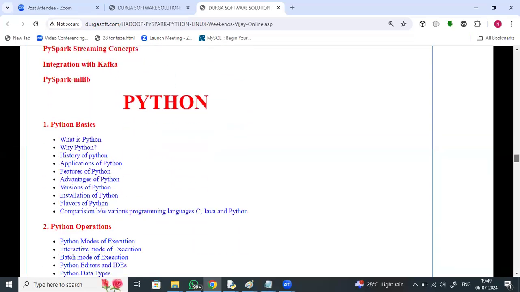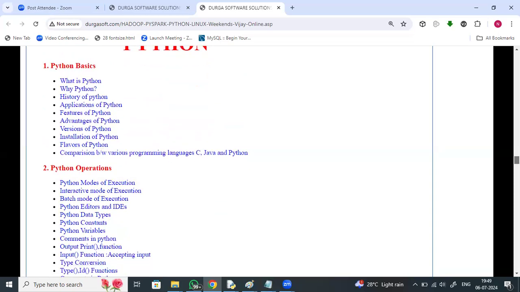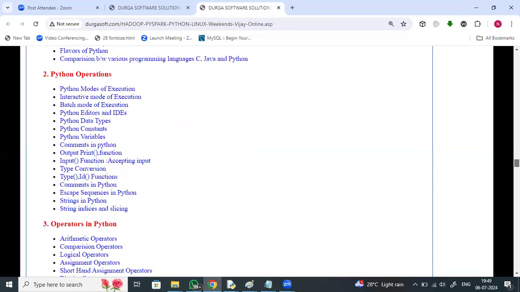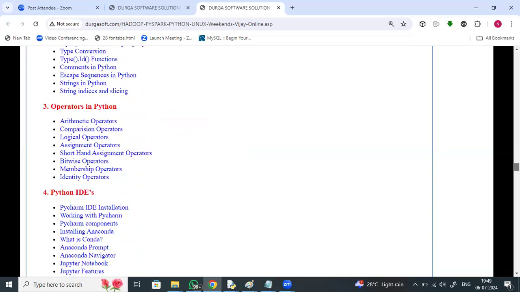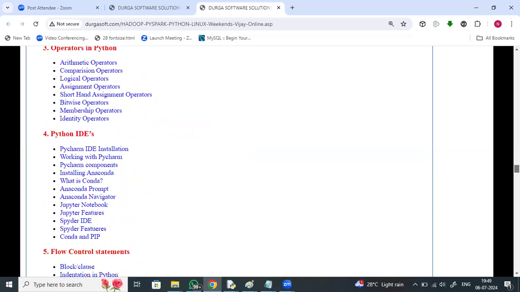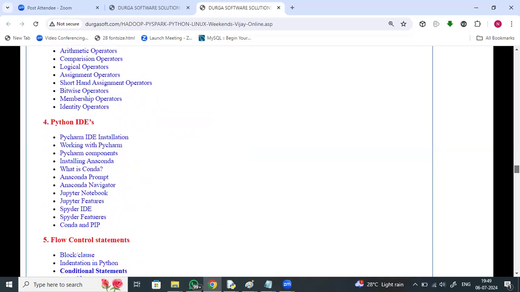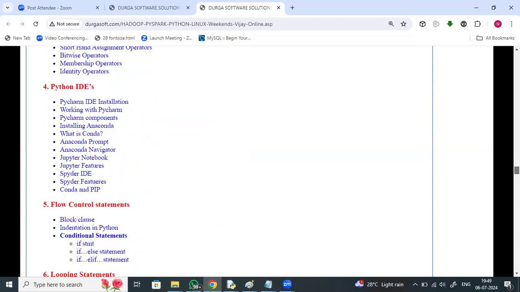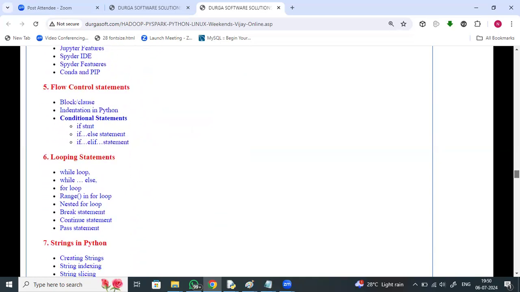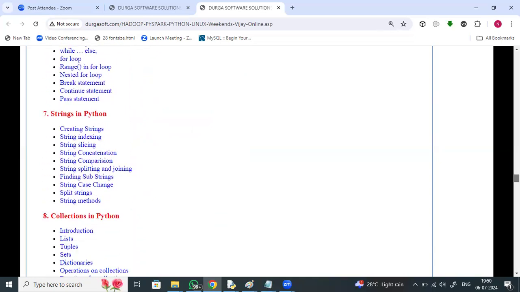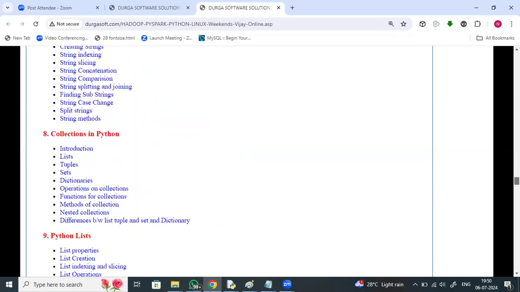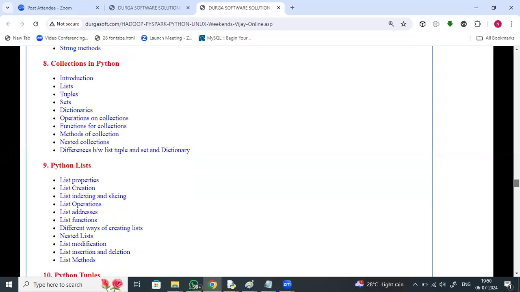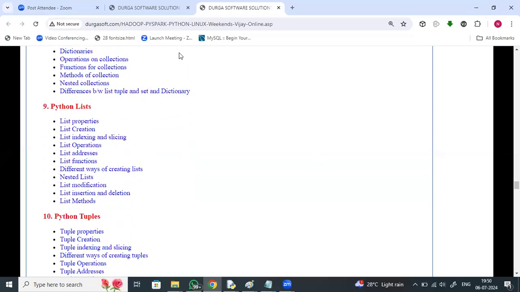Python basics, installations, flavors, modes, interactive mode, batch mode, editors, variables, comments, type conversions, escape sequences, operators, IDEs, working with Anaconda distributions, Jupyter Notebook, Spyder, PyCharm, Eclipse, flow control statements, looping statements, strings, indexing, slicing, string functions, string methods, string special characters, collections like lists, list indexing, list properties, list slicing, list functions, list methods,